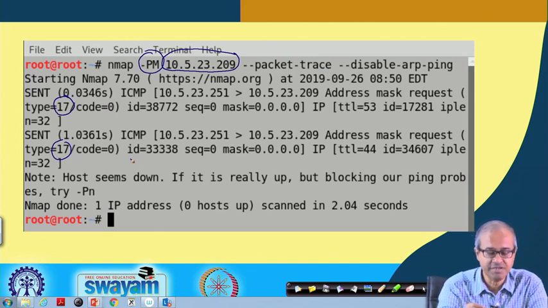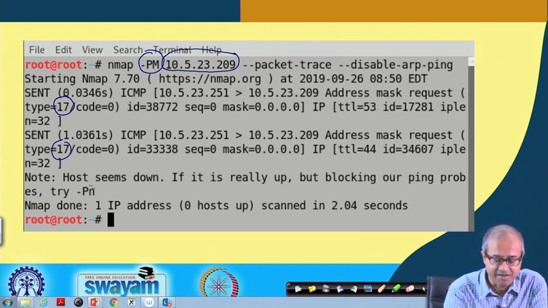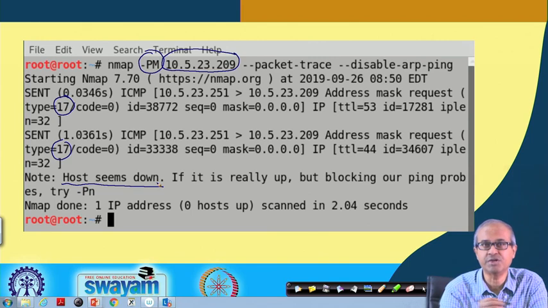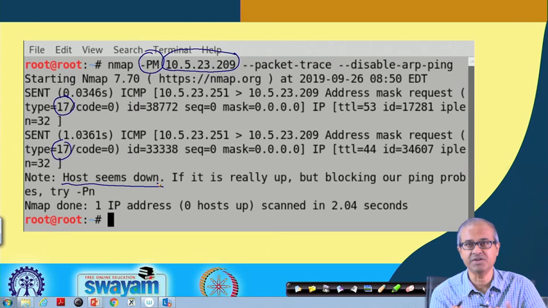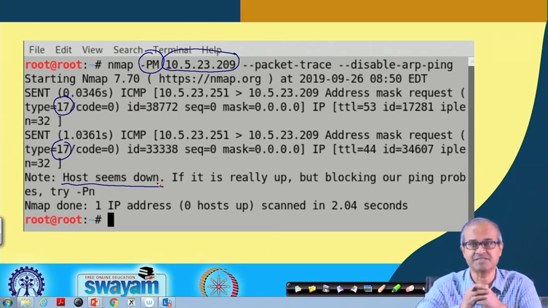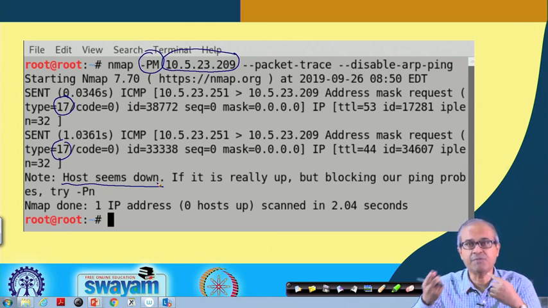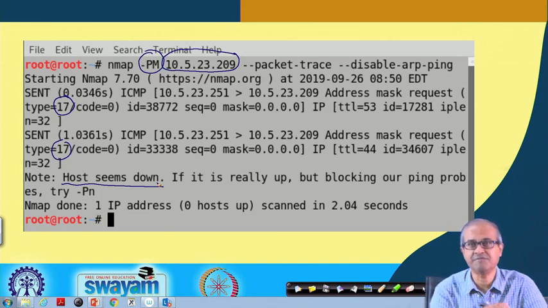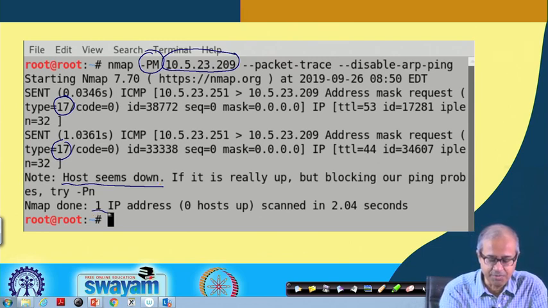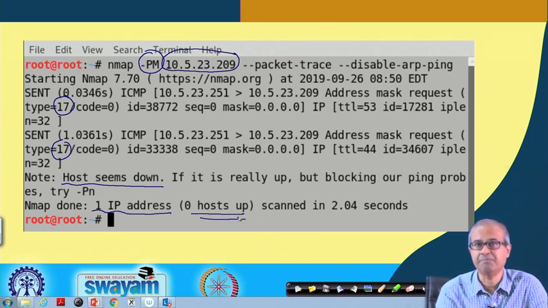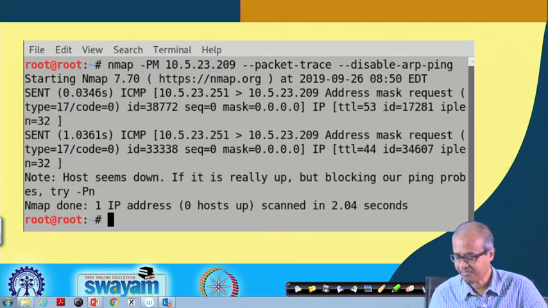If there is no response, it will wait for a timeout and try again. So, the final conclusion is that the host seems down, no response is obtained. The host may or may not actually be down, maybe some filter is filtering out the request. That is also possible. So, you will sometimes have to try different kinds of host discovery options to bypass the firewall or router if they are trying to prevent this kind of host discovery. So, it says that one IP address scanned, 0 hosts up.